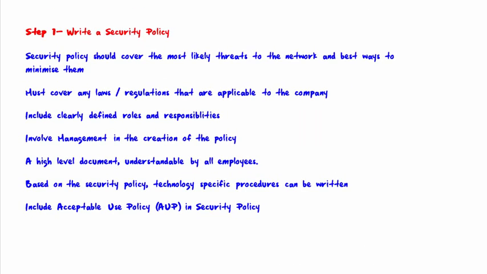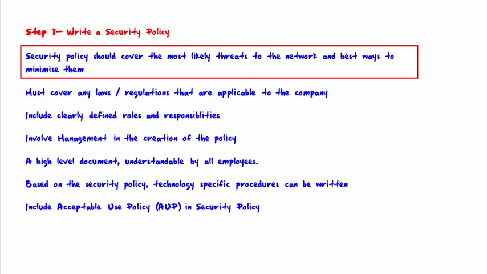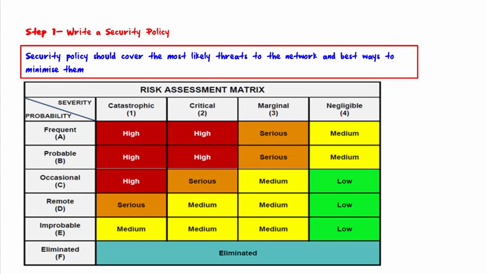Welcome to step 1. Write a security policy. A security policy should cover the most likely threats to the network and the best ways to minimize them. A risk assessment may be used to determine how likely specific threats are. A risk assessment will often give a dollar amount that it would cost the company should a particular risk be